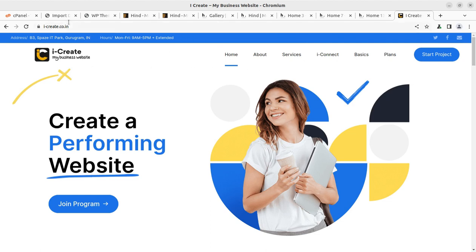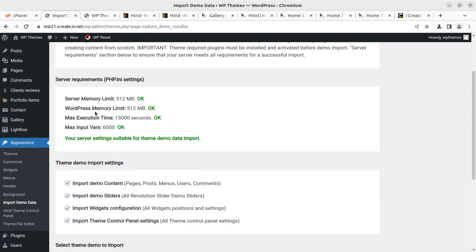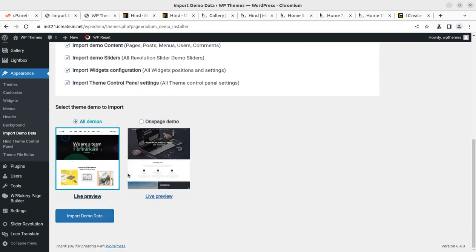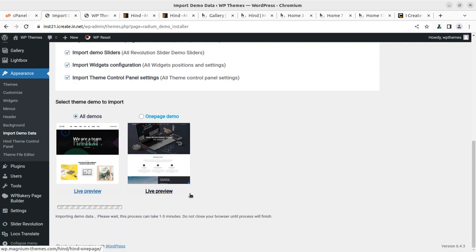Okay. So let us proceed further. And we are here, and I can see the theme demo import settings: all demo content, demo sliders, widgets, configuration, import theme control panel, and all demos can be selected, or one page demo can be selected. So by default, all demos have been selected. You can choose one page as well as per your requirement. But I am going with this default one and click on import demo data,